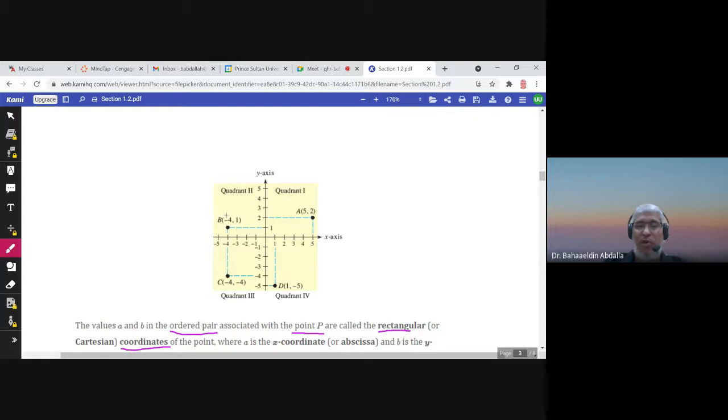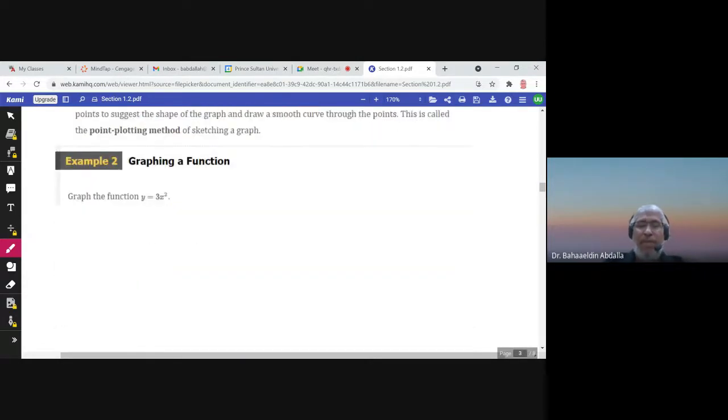So for the point B, the value of x is -4, and the value of y is 1, and so on. How to graph a function? We use the point plotting method. We choose points. Okay, so we make a table of coordinates, and we choose as many points as we need